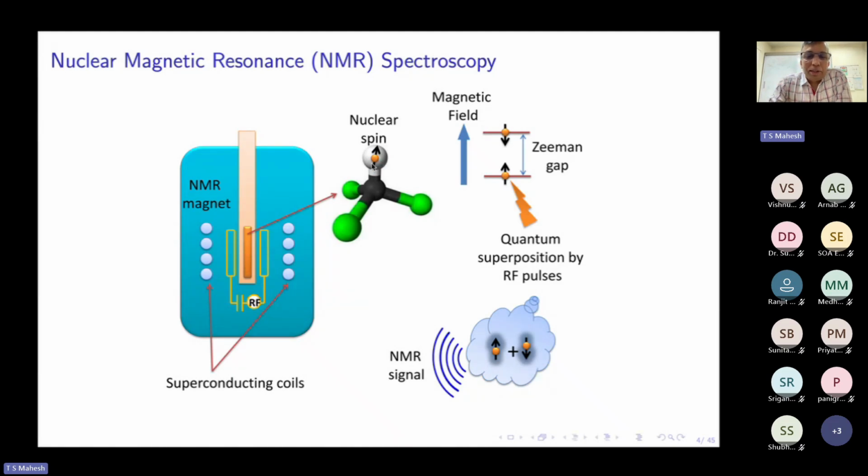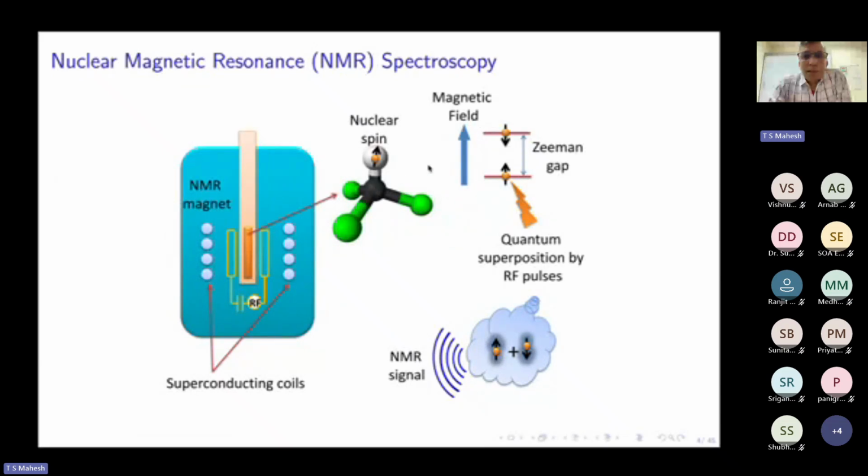And these nuclear magnetic moments interact with the external magnetic field. This blue background signifies the magnet. It's a cryostat actually, which is housing a superconducting magnet, a very strong magnet. It can be 10 to 20 Tesla. So these nuclear magnetic moments interact with that very strong magnetic field